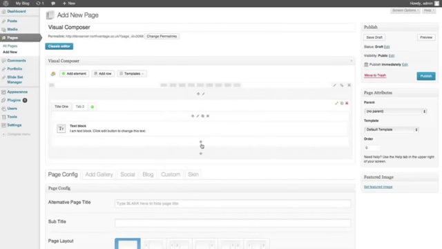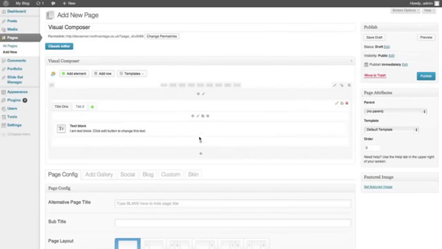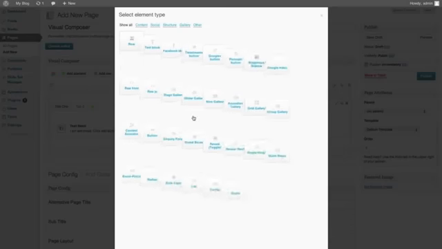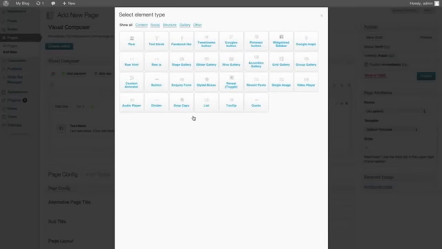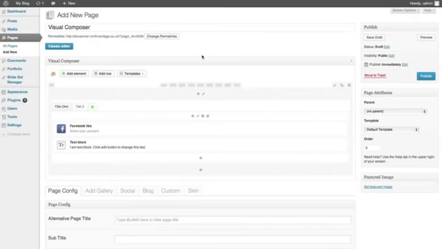We then have two options, two plus signs. The one above is for adding content above the current data in there, and the one below is for adding below it. So if I click on this plus, I can then add a new element, and I'm going to use, in this example, just a Facebook like. Click Save. Now the tabs actually work within the editor, so if we switch to tab 2,